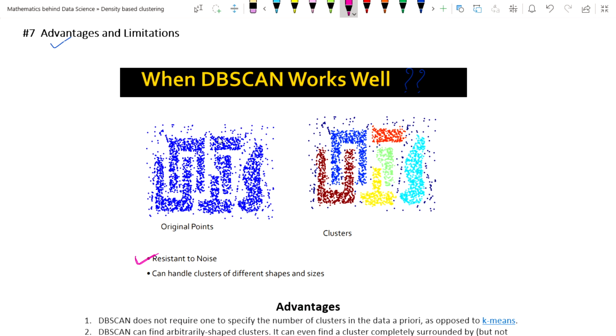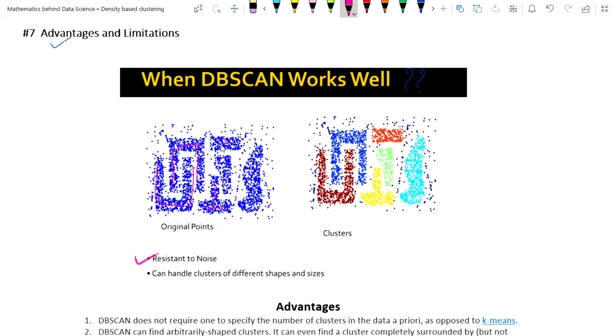Just see this picture that we have already seen in one of our discussions. If you asked a five-year-old child, they could easily separate the clusters: this is one cluster, this is one cluster, this is one cluster.